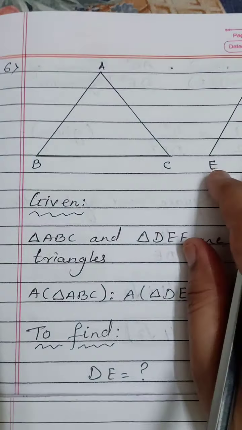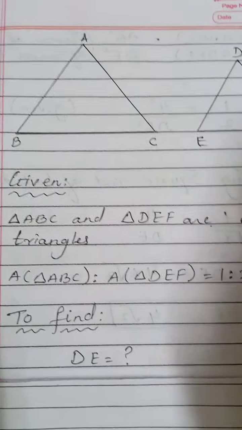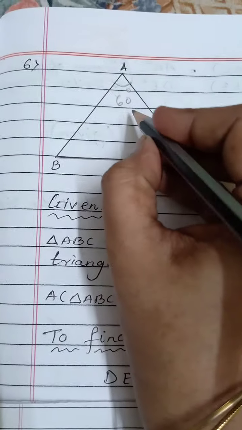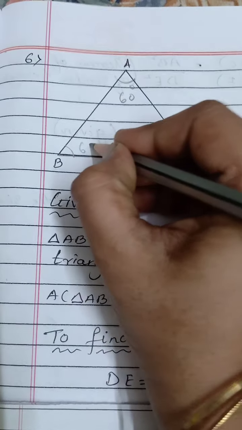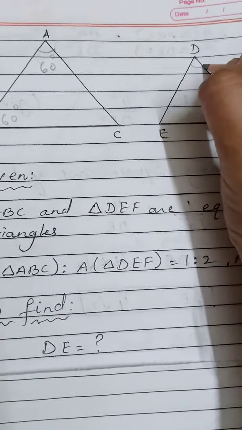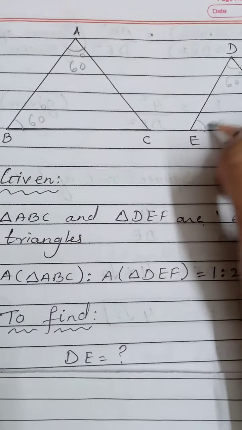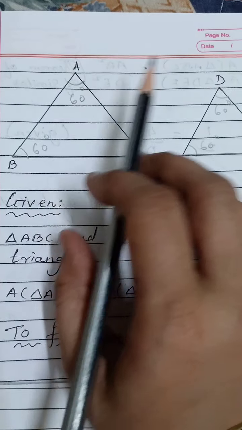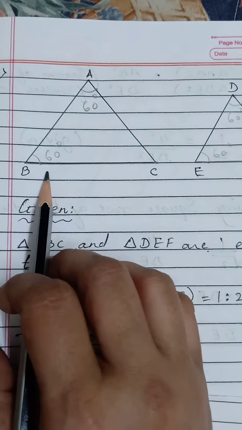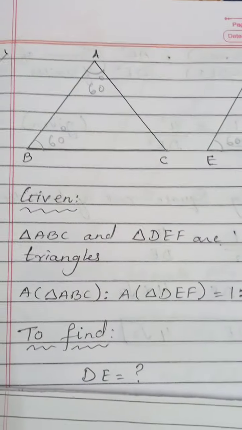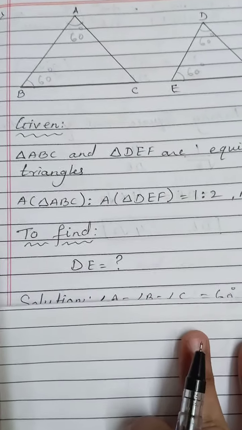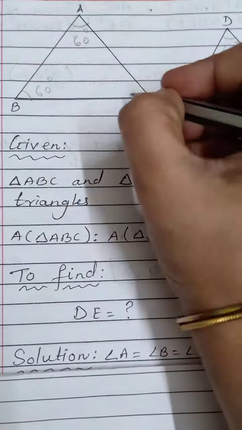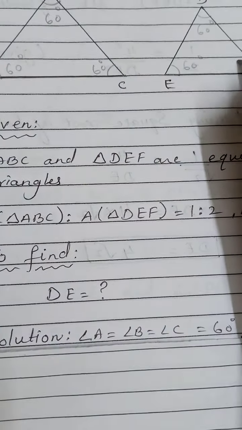First of all, both the triangles are given as equilateral, and for an equilateral triangle we know that each angle will be 60 degrees. So we can take angle A is 60, angle B is also 60, here angle D will be 60 and angle E will also be 60. So in this way we can say that angle A is congruent to angle D and angle B will be congruent to angle E. So we will write that all the three angles are 60 degrees. Obviously all the three angles are 60.